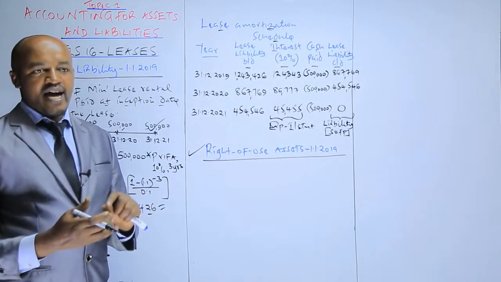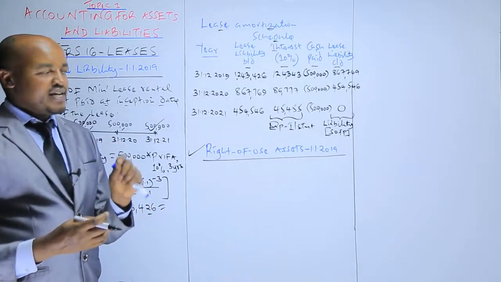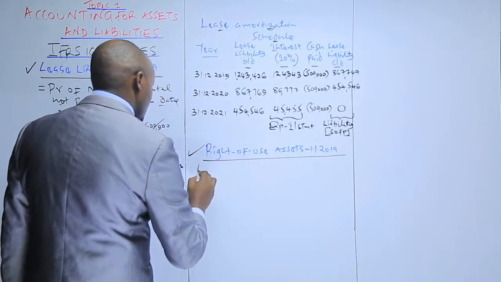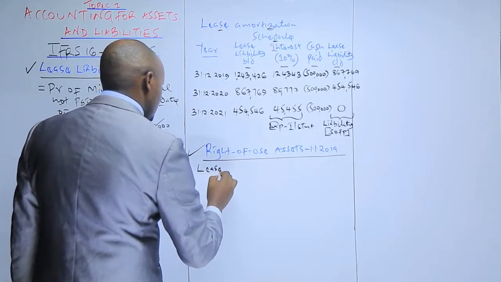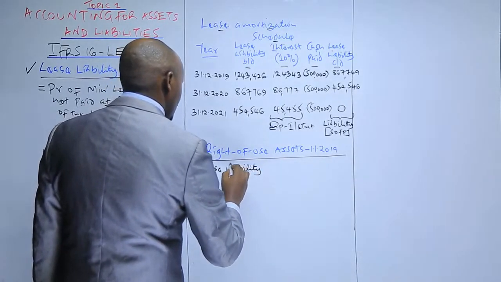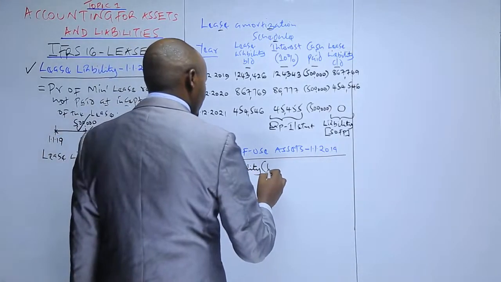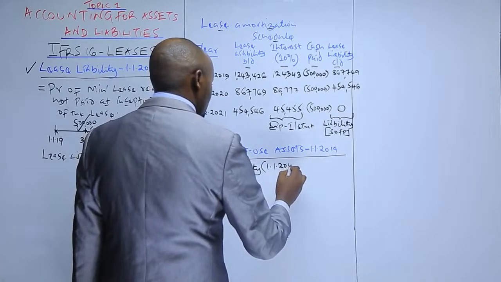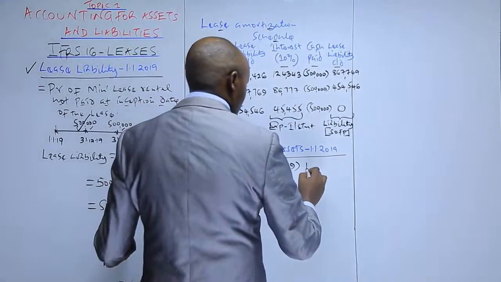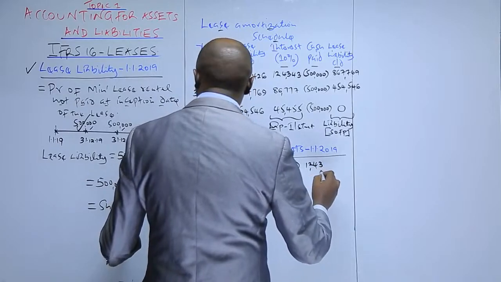Plus, we add any initial direct cost associated with the lease. So we take the lease liability at the inception date, 1st of January 2019, and we already have that figure here, which is 43